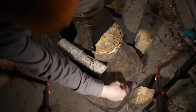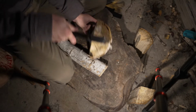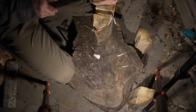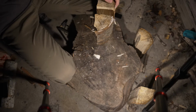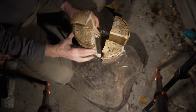Where are you at? There you are. That's another way to split, baton like that if you can. There we go. Okay, so now that we've got our quarters and they fit together right like that or something close to that,